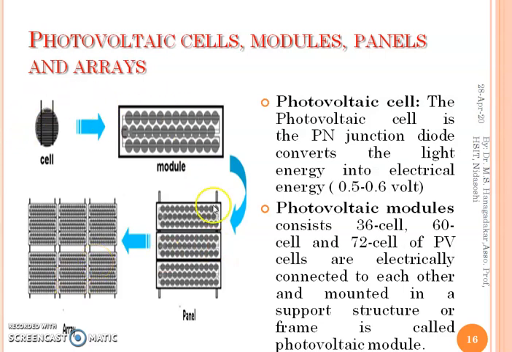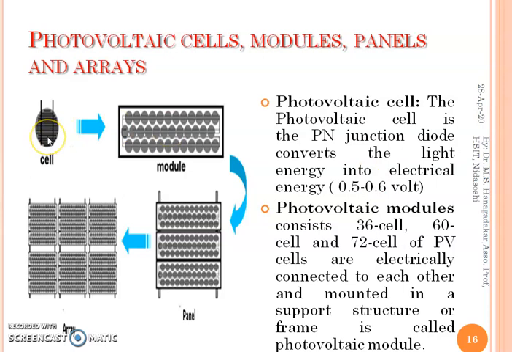This is how we are able to get more electric power from the single cell unit of a PV cell. How are these structures able to generate more electric power? You know that a single unit of PV cell, which is made up of P and N type silicon, produces a very low amount of current, about 0.2 to 0.6 volt. So this small current is of no use for any application in a device.